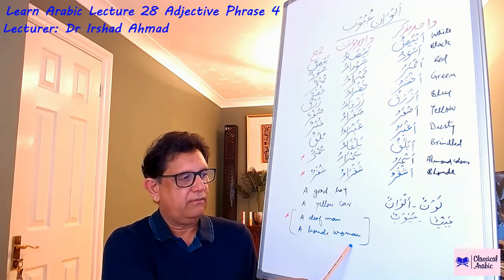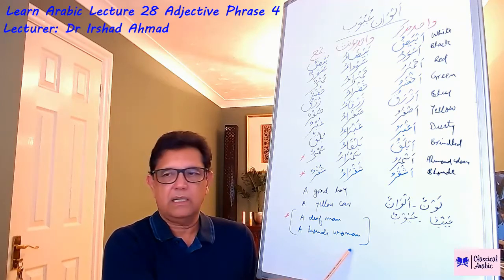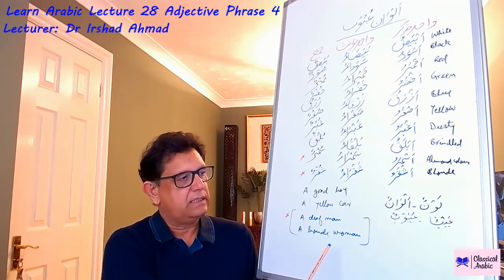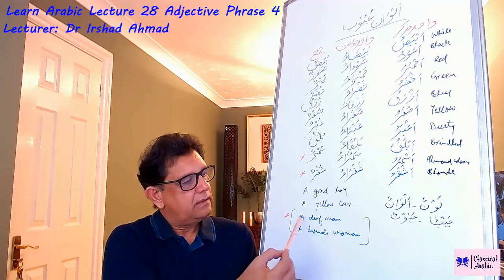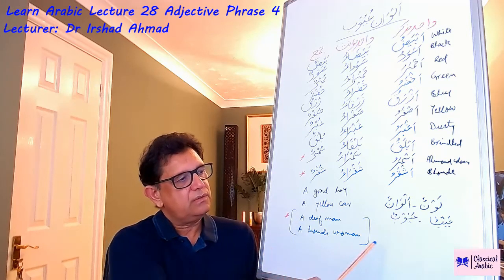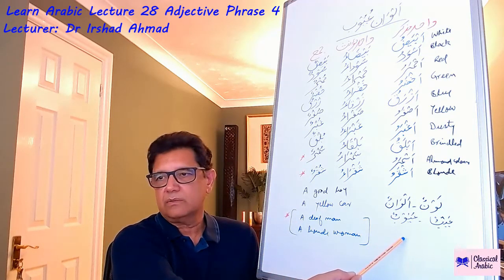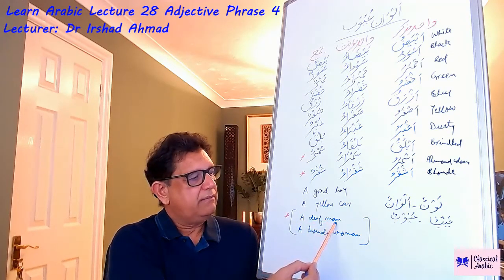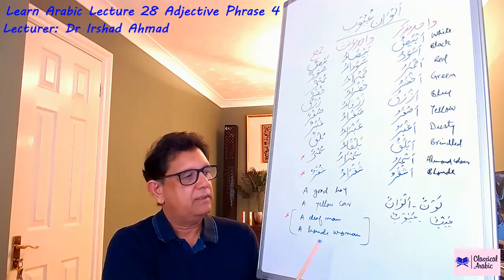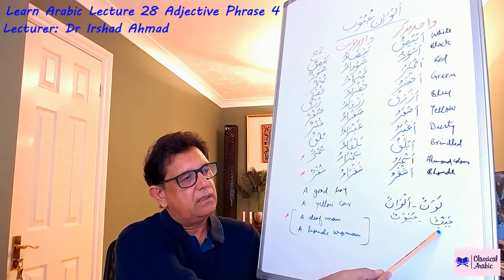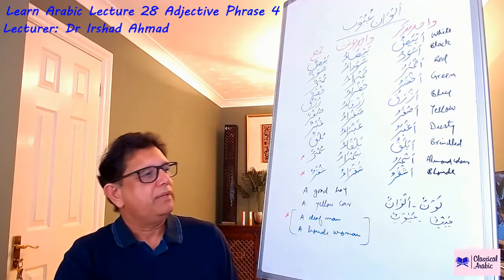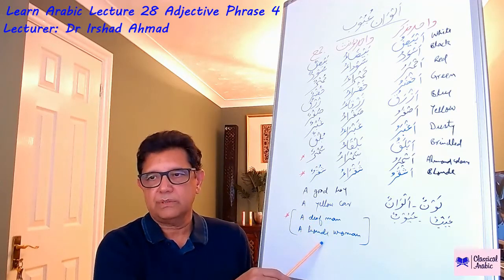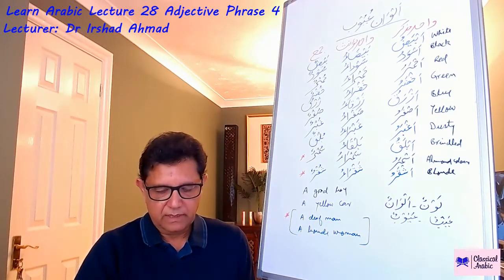to say a blonde woman, or we want to say a dark colored man, for example. So this is not really a defect, is it? However, this concept is also covered under Uyub. It also falls under the same category. So if we are saying a deaf man and a blonde woman, for example, they are both covered under aib and Uyub. So basically aib in Arabic covers both negative attribute and positive attribute. So just keep that in mind for now.